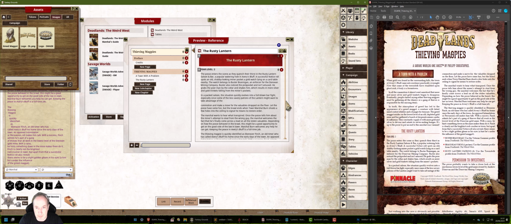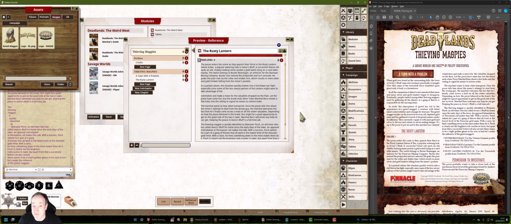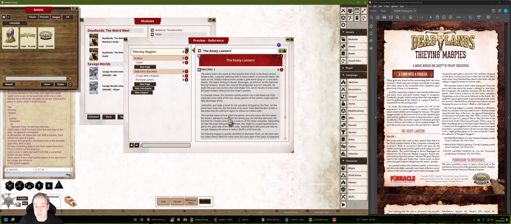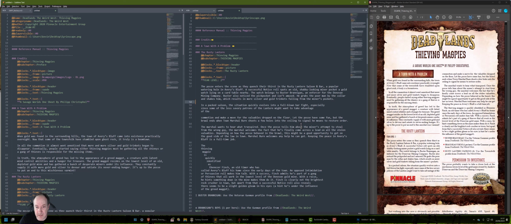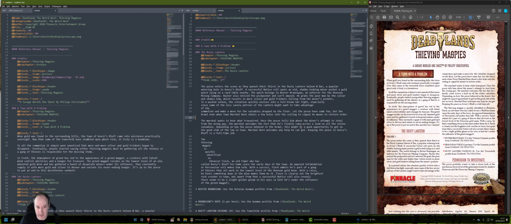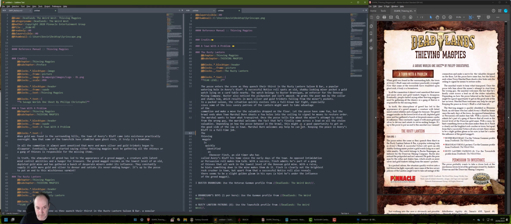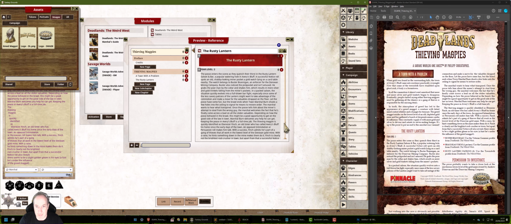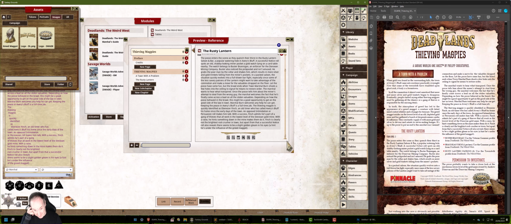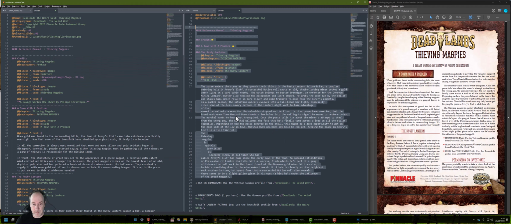preview it, see in the actual reference manual, it doesn't make the slightest bit of difference how the text is laid out. The only thing that does make a difference is if I get rid of these line breaks and then paste the text again, you suddenly get a huge mash of text. So the only bit of formatting you really need to worry about is